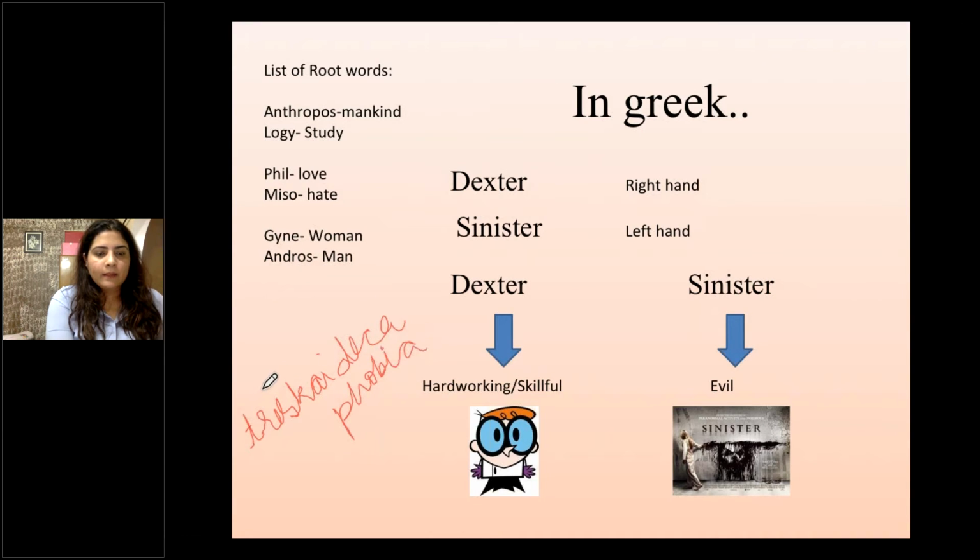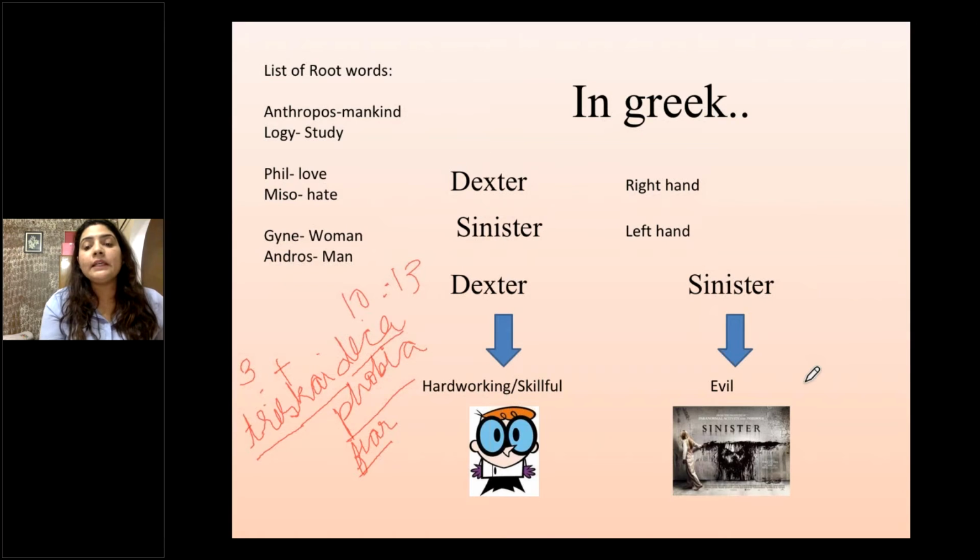Okay. So tri means 3, sky means some, and deca means 10. Tri means 3, sky means some, and deca means 10. And phobia is a root word which means fear. So what is it? It is a fear of 3 plus 10 is equal to 13. It is a fear of number 13. Okay. Fear of number 13. That is called